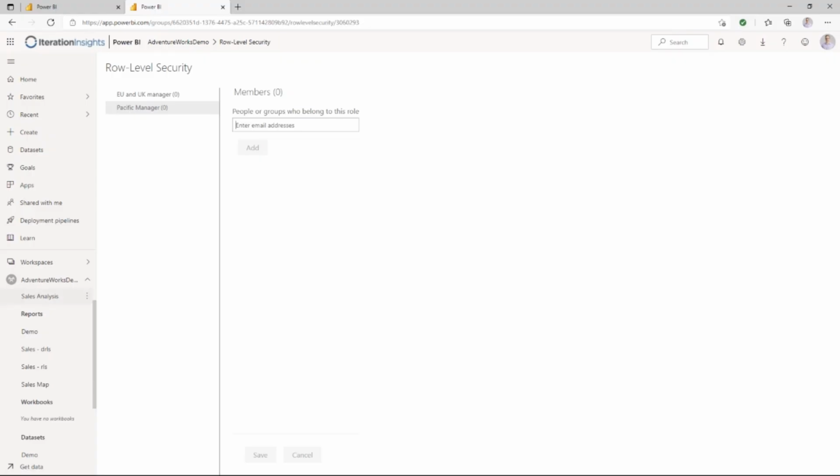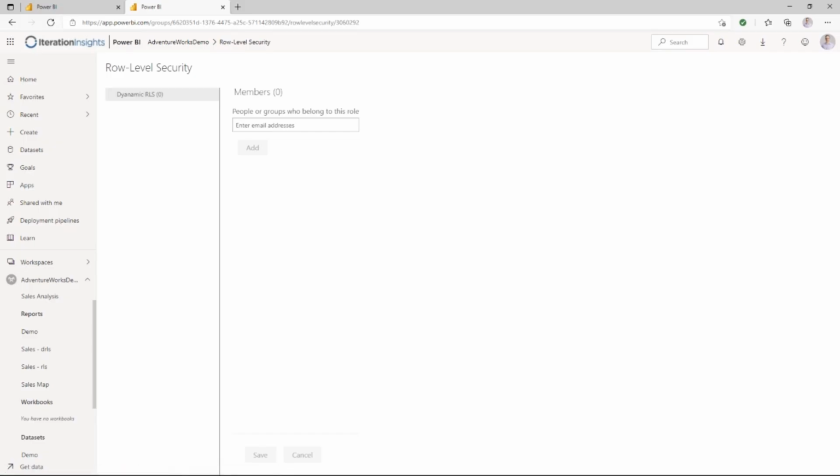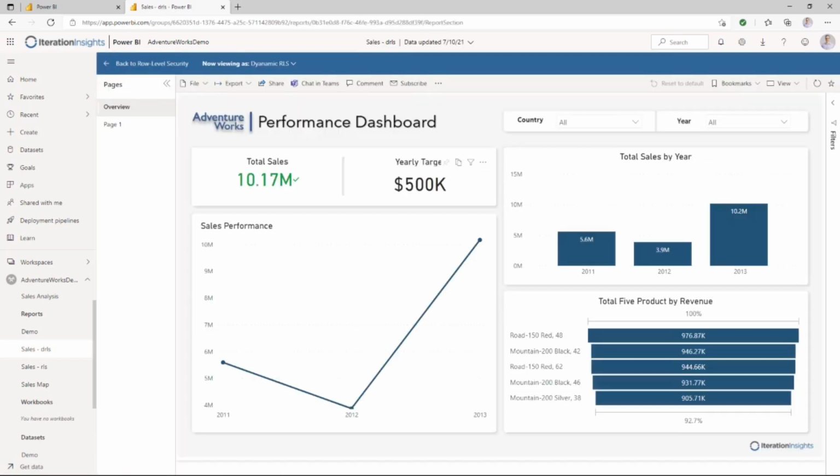Okay, so let's now go over and take a look at the dynamic role level security model. So I'm going to go back over to my summary page here for the workspace itself, and I'm going to go to the sales DRLS. I'm going to click on the three ellipses here. It's going to be the same thing. I'm going to go over to security, and this time I don't actually have to do anything in here, but I just want to mimic what will happen if I click on these three little dots and say test as role. So right now, I didn't actually add anything in there, but it picked up on the fact that I'm logged in with